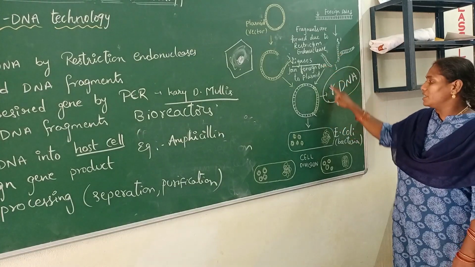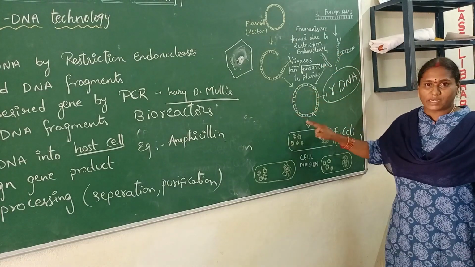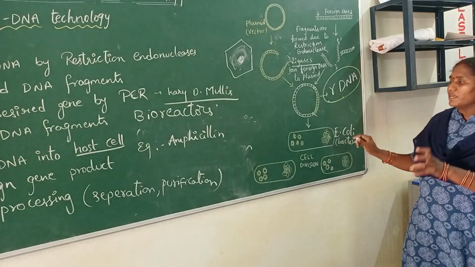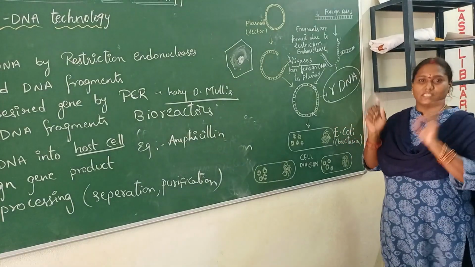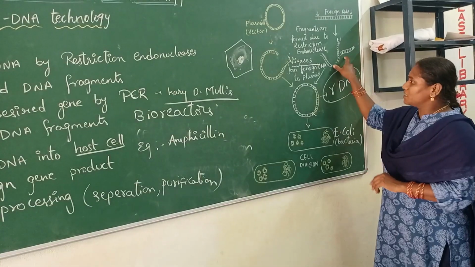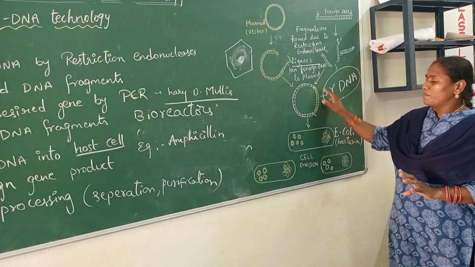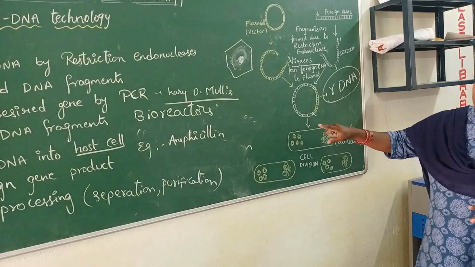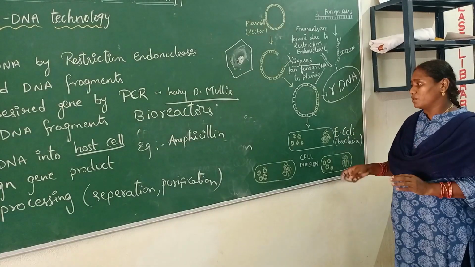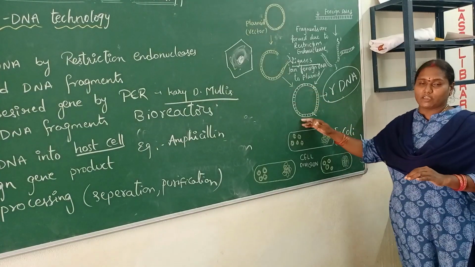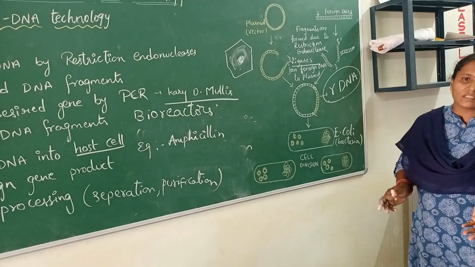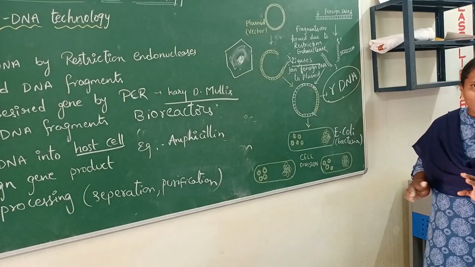The desired gene is added in this plasmid vector. Now we got a hybrid DNA molecule with two different genes. One is the desired gene and the other one is the plasmid DNA molecule. Here it is a recombinant DNA. The next step is insertion. As I said before, insertion of the DNA molecule is a very complicated and complex process. It involves several steps.